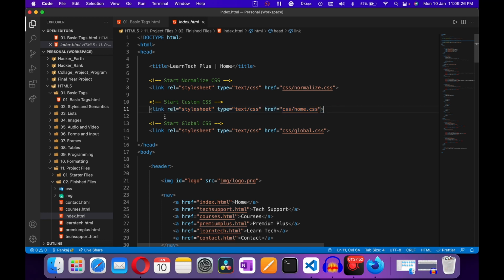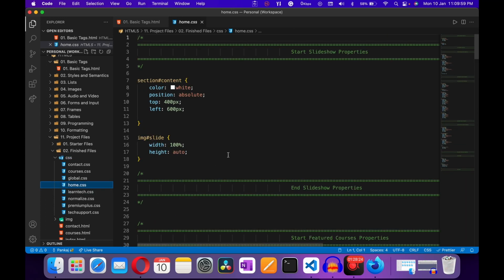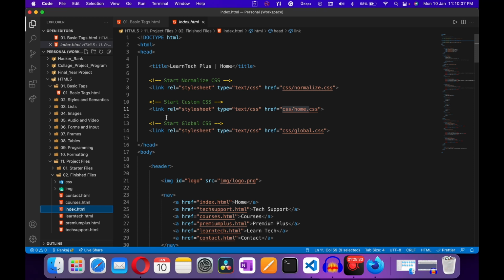The work of link tag is linking the external style sheet to your HTML document. I connect a style sheet, the type is text/css, and the reference or the path is css/home.css. So right here your file is home.css. So this is the work of link tag.